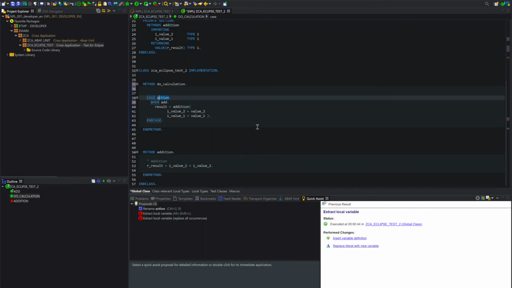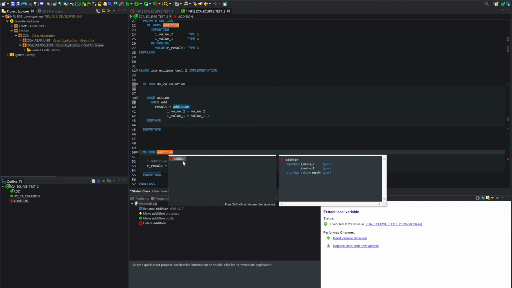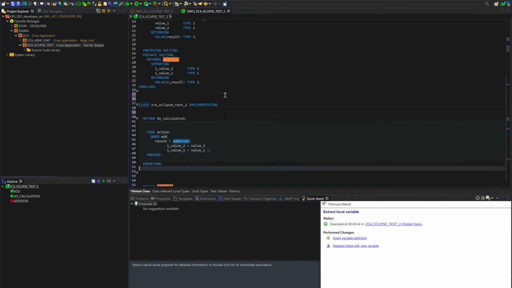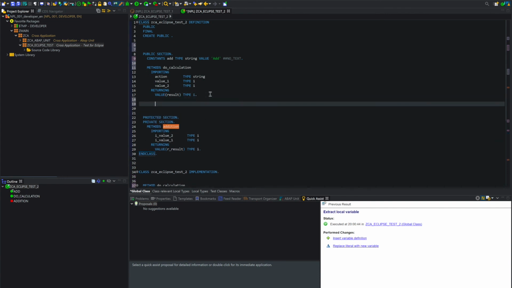I think one of the most interesting things with Eclipse is the CTRL space. So control space, it will give you the name of the method. It will give you the parameters, the type of the parameters. So you have more or less something like that in SCAT, but it's not so powerful. For example, if I create another method, again, stupid title,